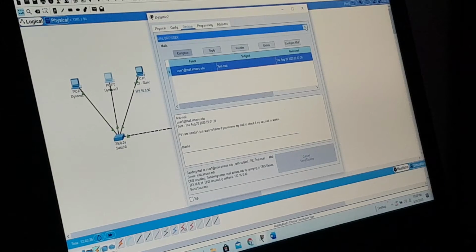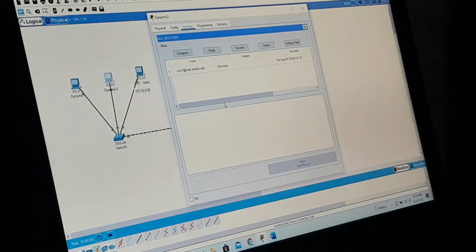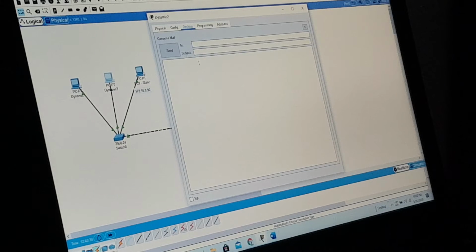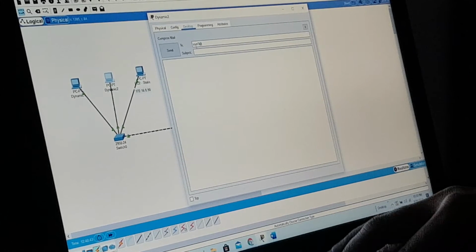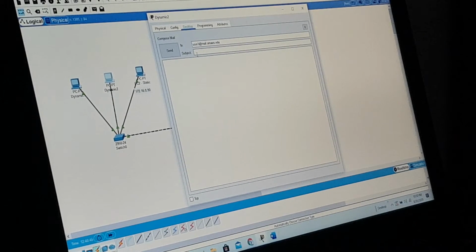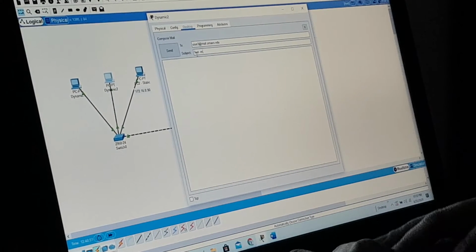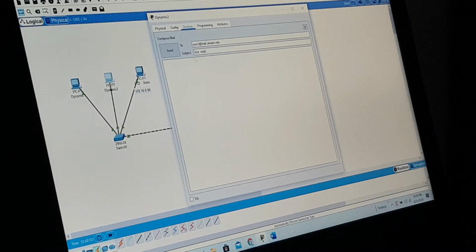Okay, so now I'm going to compose. I send to user 3. This is from user 2. User 3 at mail.edu.ts test mail. So hi,